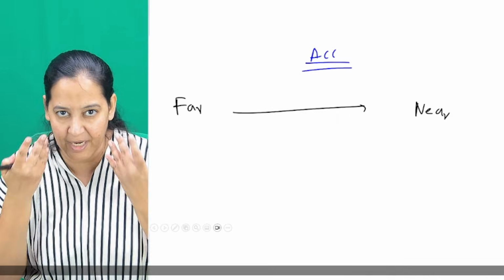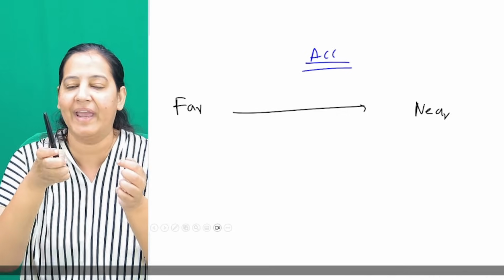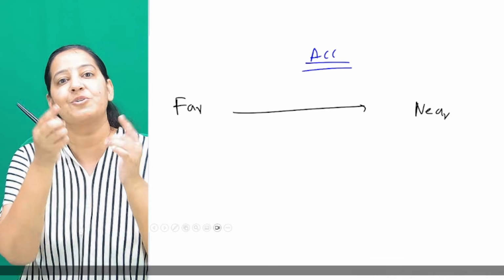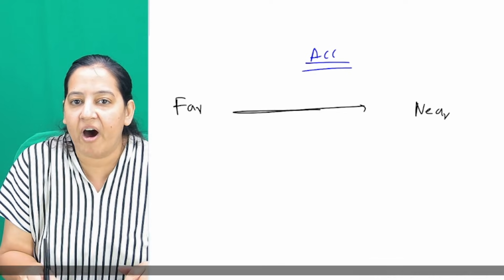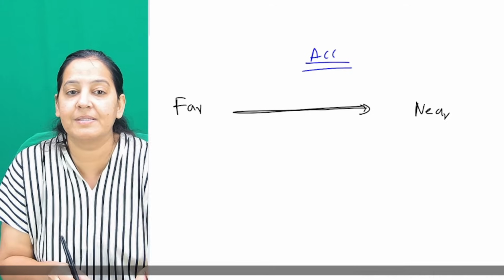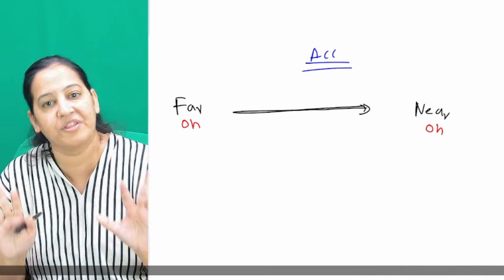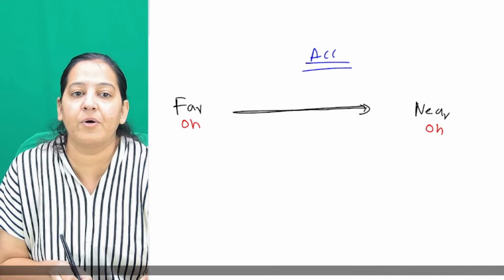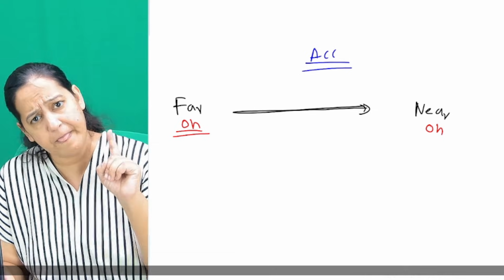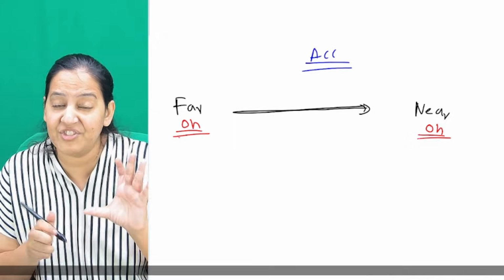This happens many times in our day, no? We look at a far thing. I'm looking at the camera. It's quite far. And I'm looking at this pen. It's close. So far, near. I'm shifting the vision from far to near. When we shift the vision from far to near, actually what happens? We want the image to form on the retina. For emmetropia, the image should be on the retina. It is God given. But here also we want it on the retina. For that we have to do certain changes in the lens.